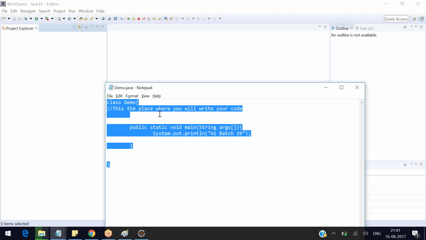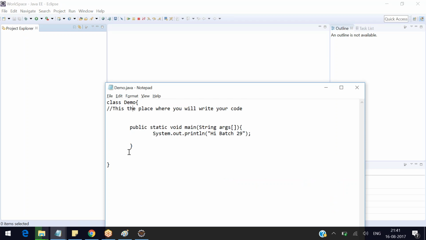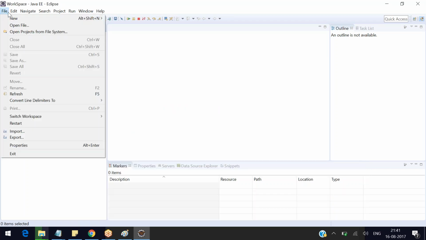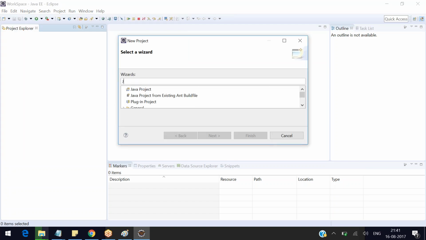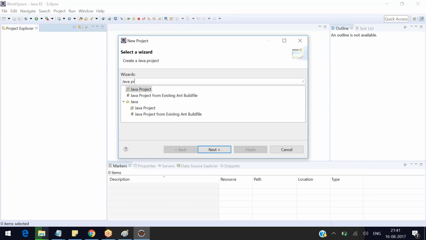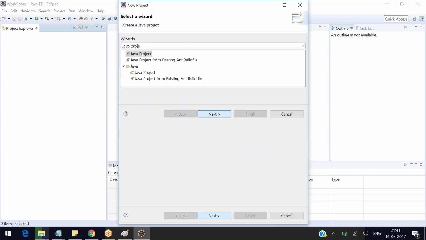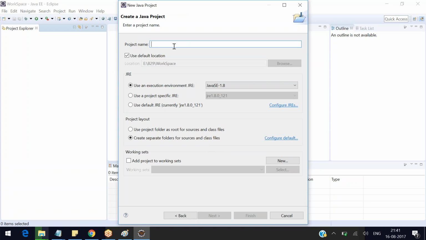In Eclipse, you cannot directly write a Java program. Instead, you have to create a project. Click on File, New, Project, and select Java project. Select the first option, click on Next, and give some project name. I will say B29